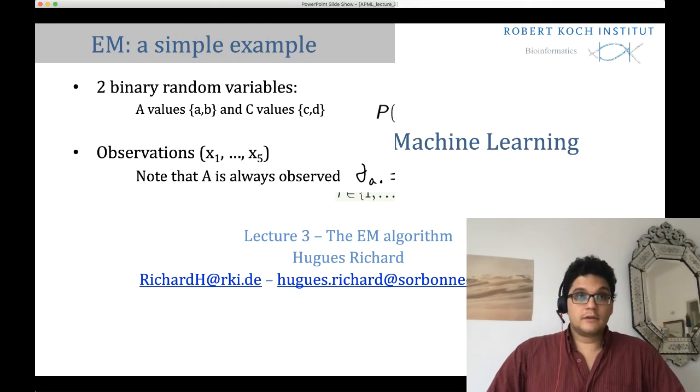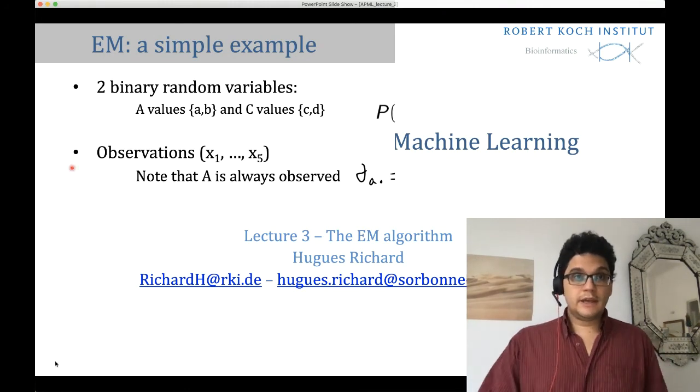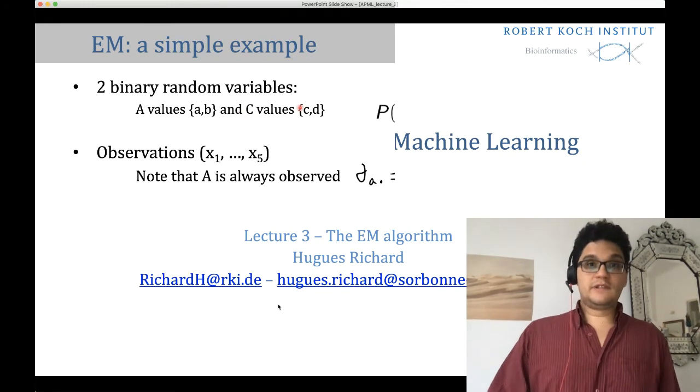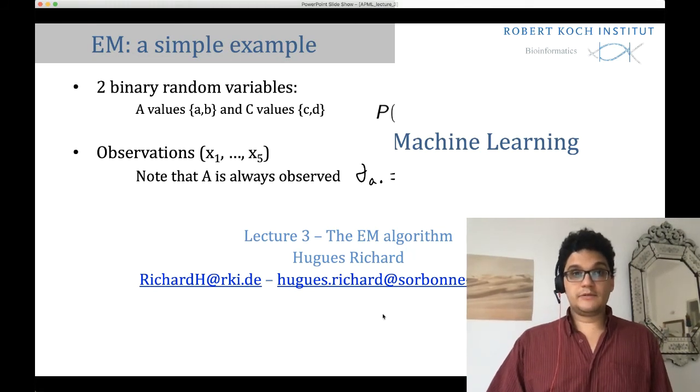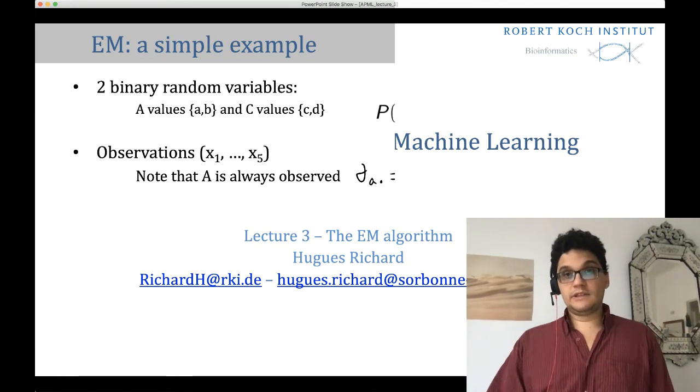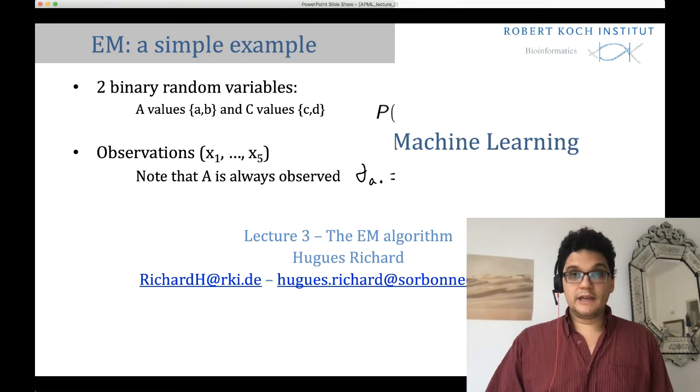I will take random variable A and random variable C. A can take values A or B, and C can take values C or D. And so the set of parameters we have, so probability, it's a matrix, it's the joint probability of the value for A, which can be A or B, and the value for C, which can be C or D. So we have the probability of having A and C, A and D, probability of having B and C, and B and D. So that means here that variable A has value B and variable C has value C. Okay, the sum of all those probability, it's a joint distribution. The sum of all those probability is equal to 1.